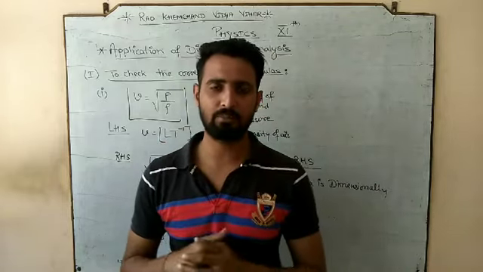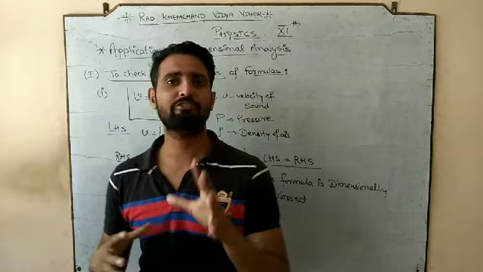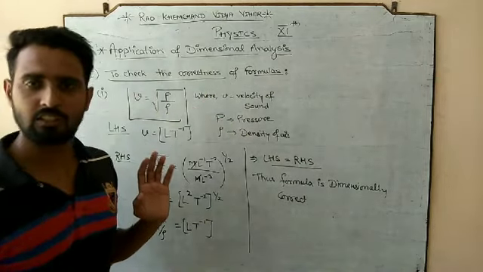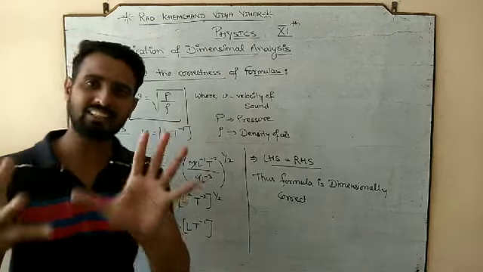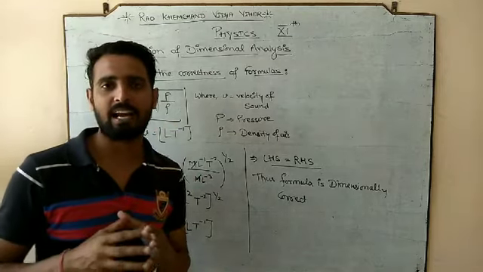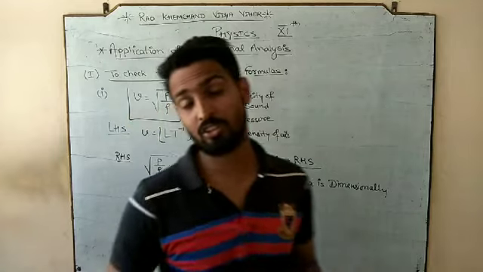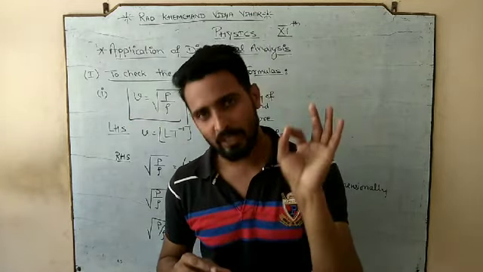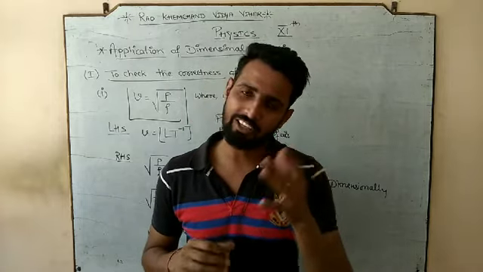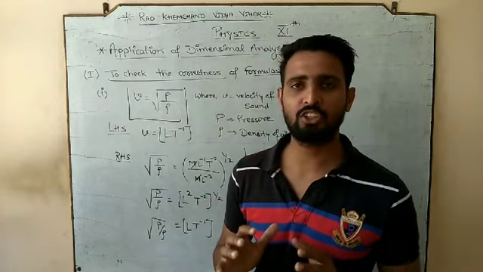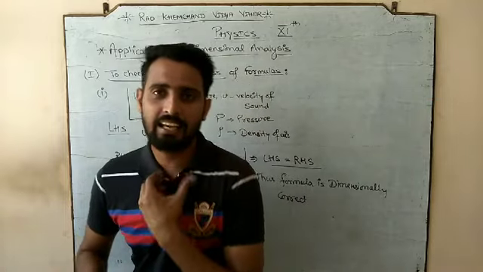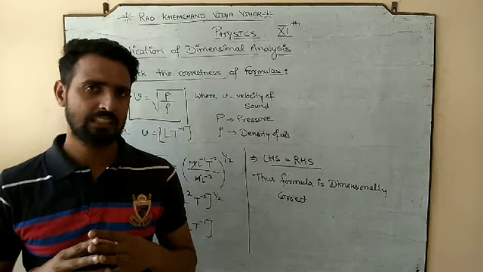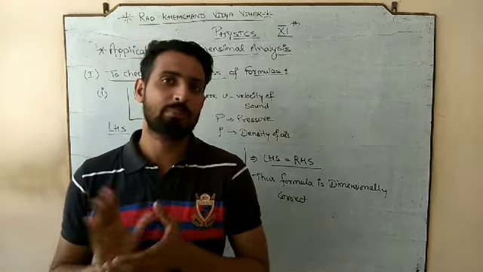But once the formula was derived by Newton, when he applied this formula practically, means when he wanted to find out the velocity of sound after placing the values of atmospheric pressure and the density of air, he found that the velocity of sound is near about 280 meter per second. But we all know that at normal temperature, the velocity of sound in air is near about 332 meter per second. So this formula is not practically applicable.